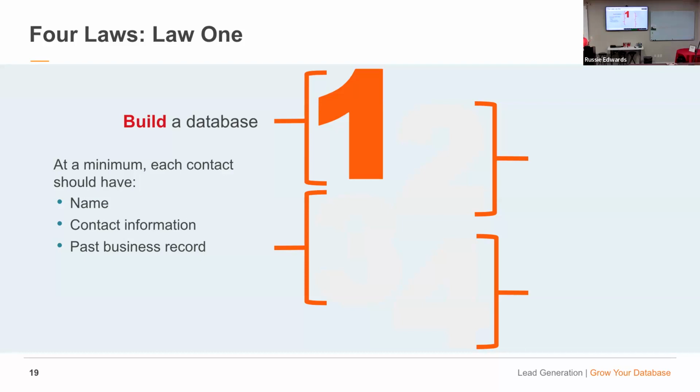I am a firm believer, we're going to talk about some smart plans. I'm a firm believer if everybody would just set their contacts up on a quarterly call plan and actually make the calls, you could triple your business overnight. And if you're brand new in business, you can definitely get to where you're excited about your business within a short period of time, just by calling the people that you already know in your database, okay? So the first names to put in your database are your sphere of influence.